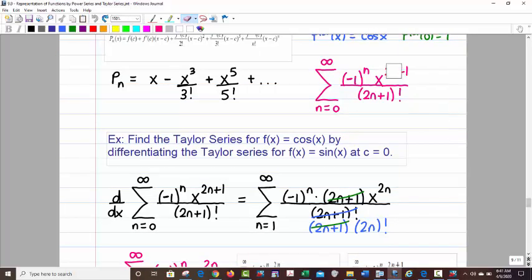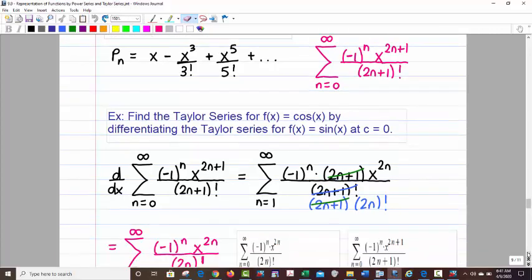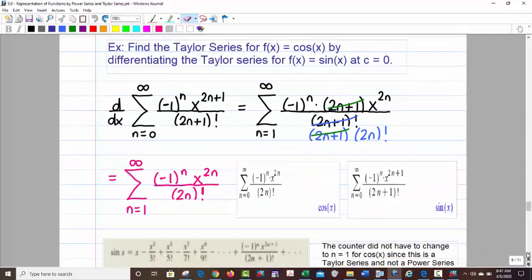So I bring down a 2n plus 1 up here on the top. And then, of course, you subtract 1. That makes that 2n plus 1 go down to 2n. And notice I automatically changed the starting point to 1. And then I simplified this because 2n factorial can be written as 2n plus 1 times 2n factorial. That just enabled me to algebraically cancel out the 2n plus 1s. So it's only left with 2n factorial, starting at 1, which I could have reset back to